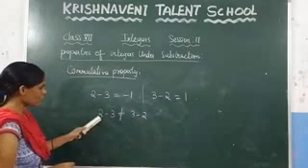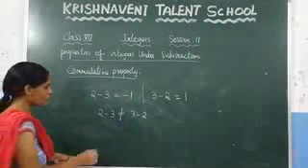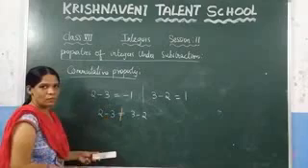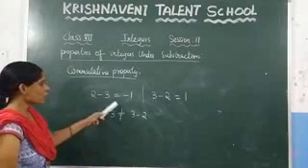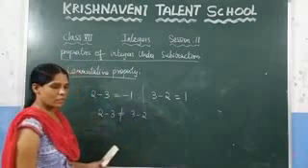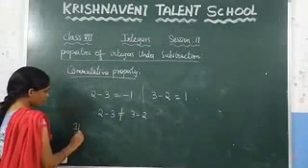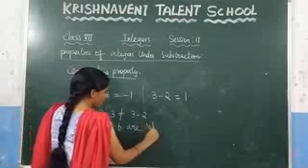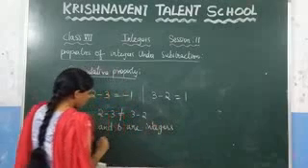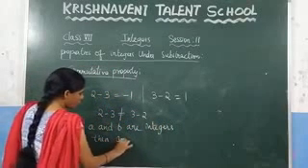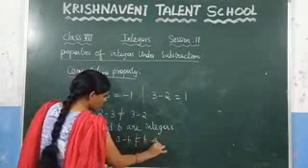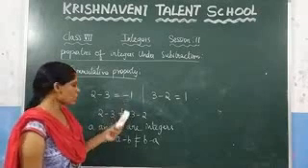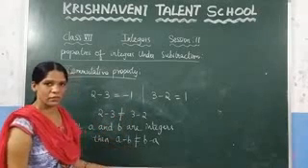That means we took 2 minus 3. What we have done here is we changed the order. In place of 2 we have written 3. In place of 3 we have written 2. After doing the calculation, you are getting a different answer. From this we can say, if A and B are integers, then A minus B is not equal to B minus A. Right? If you take any two integers, then based on this example, we can write A minus B is not equal to B minus A.